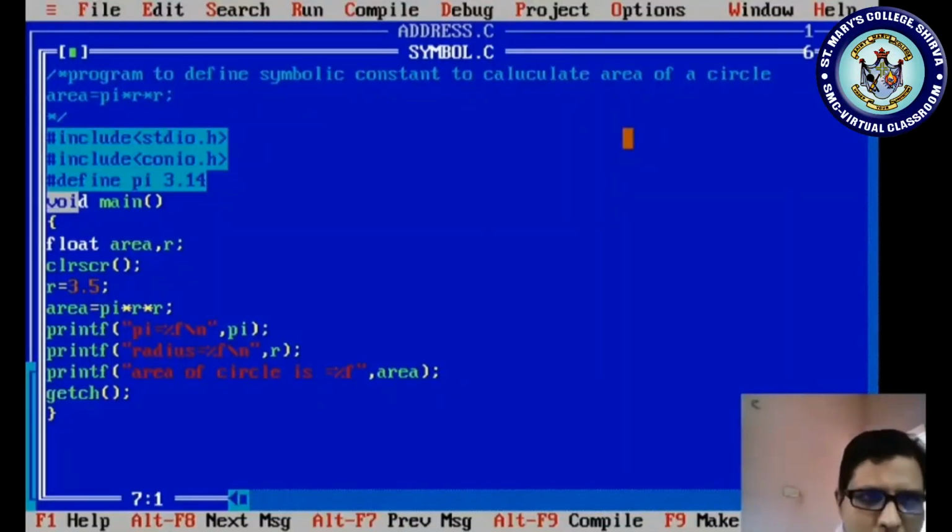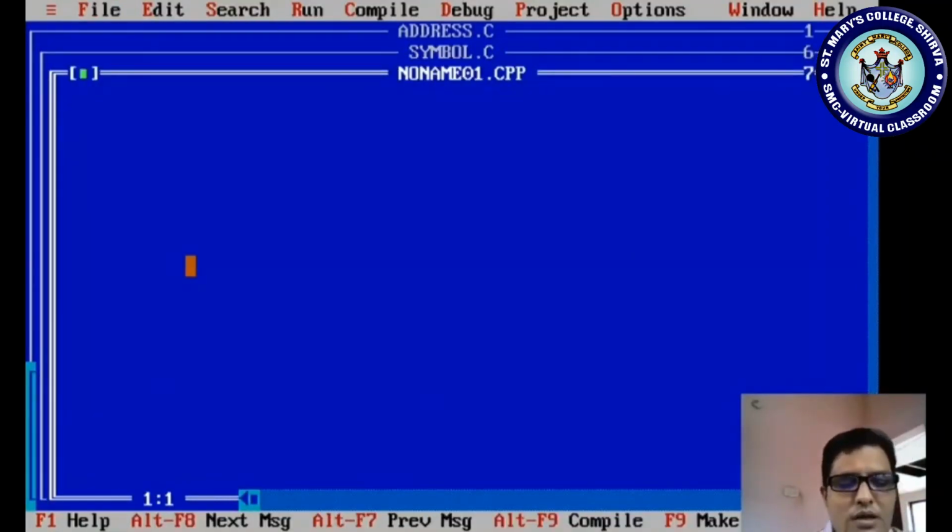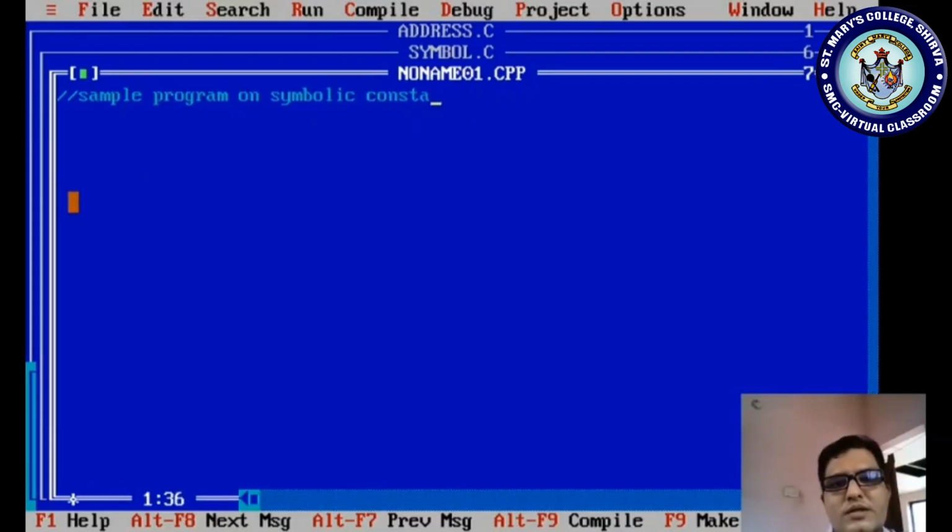If you want one more example, let me show one sample example. Go to a new file and write, hash first, sample program on symbolic constant, using a single line comment. As you know, what is a single line comment? Sample program on symbolic constant. Yes, first what do we have to do?